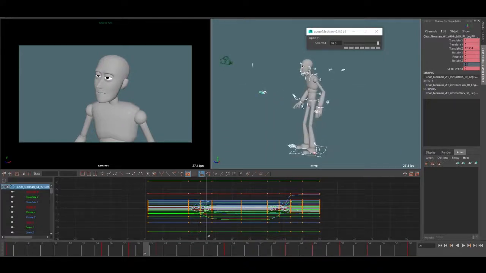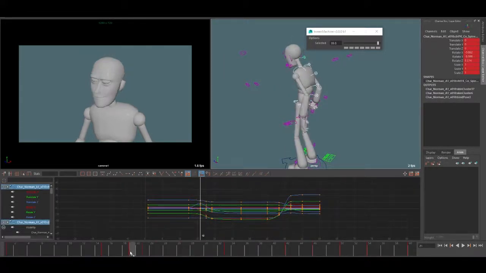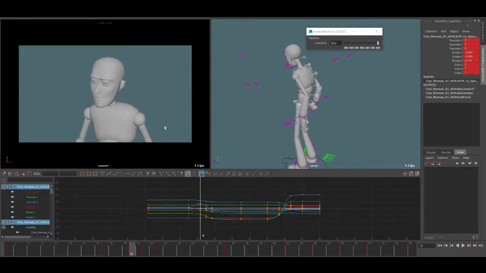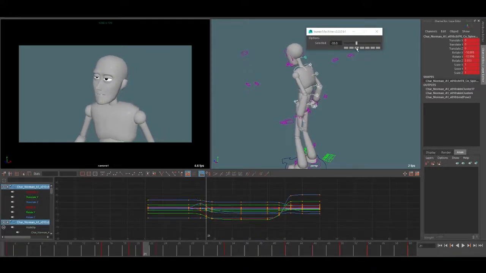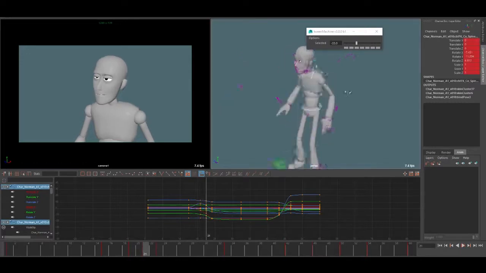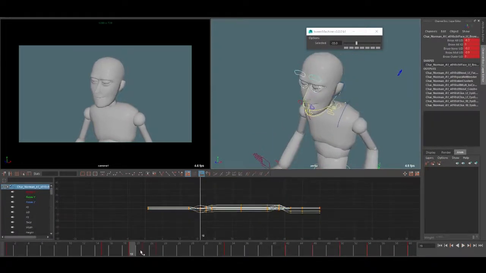So let's do that. I'm just gonna set a key here. And this is now where you as an animator need to decide, do you want to favor the previous or the next? I think I want to favor the previous. I think it would be nice if we kept this closed